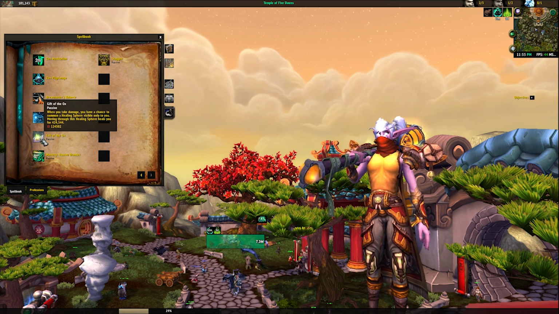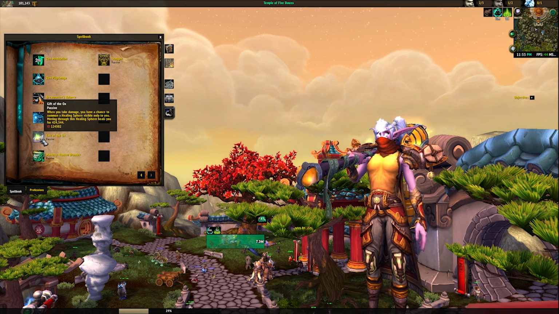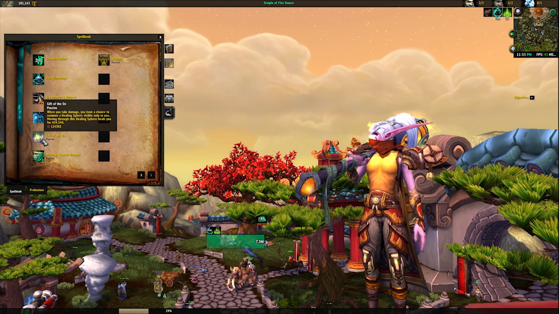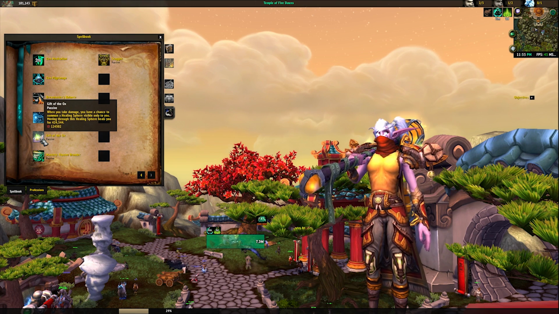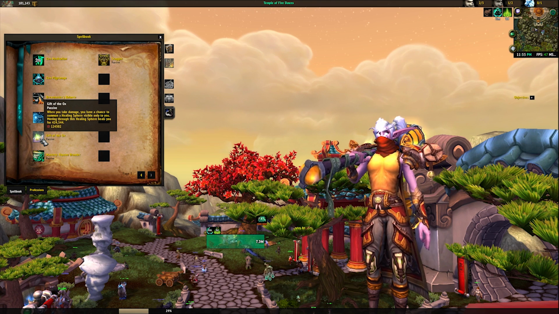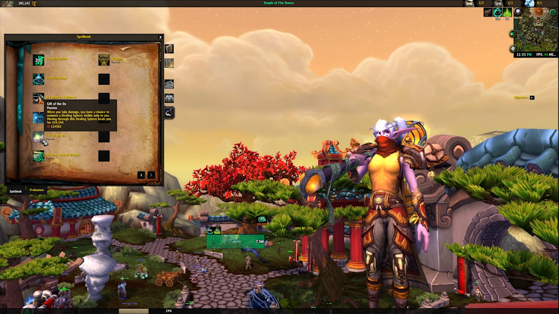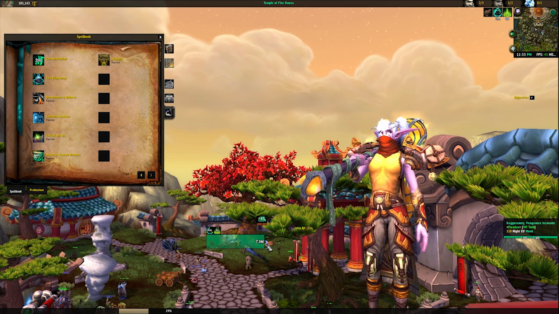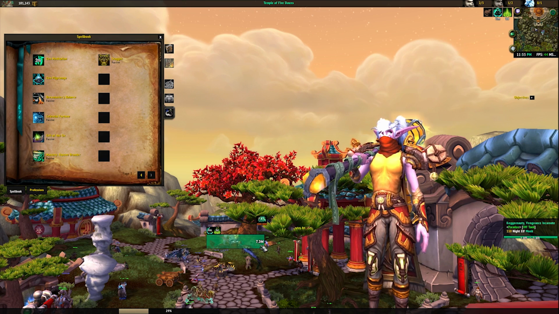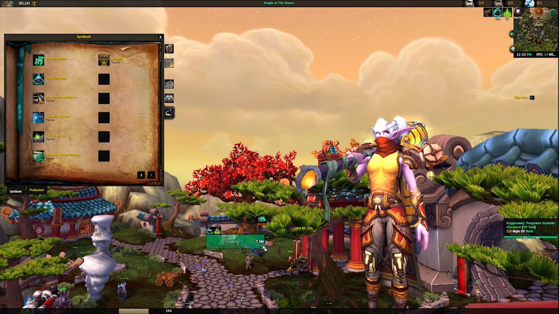Now, Gift of the Ox: when you take damage, you have a chance to summon a healing sphere visible only to you, and moving through this sphere will heal you for a certain amount of health. Like I said before, your healing orbs are going to look glowy, yellowy orange. You'll very clearly be able to tell them. And yes, the tooltip says you have a chance to spawn them when you take damage, but basically what it really does is that I have 7.3 million health, so if I'm going to be taking damage before mitigation, before damage reduction, before stagger,